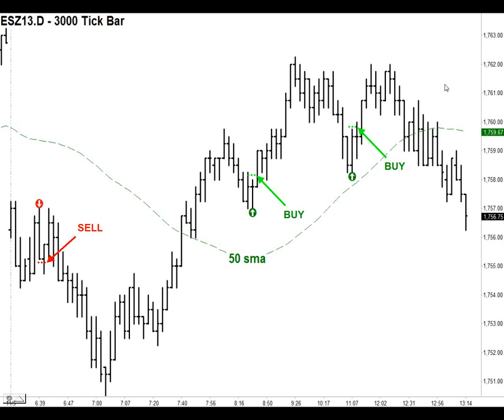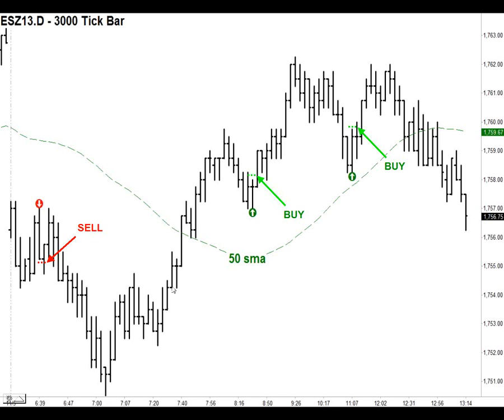How about a 3,000 tick bar chart? This was on the 5th. This was actually yesterday. As you can see, for the first part of the day, we were below the buy-sell line. So we're looking for all the rules that meet strategy number 4, shorting signal, which was right here. You could have shorted around 1755 and ridden it all the way down 4 points,